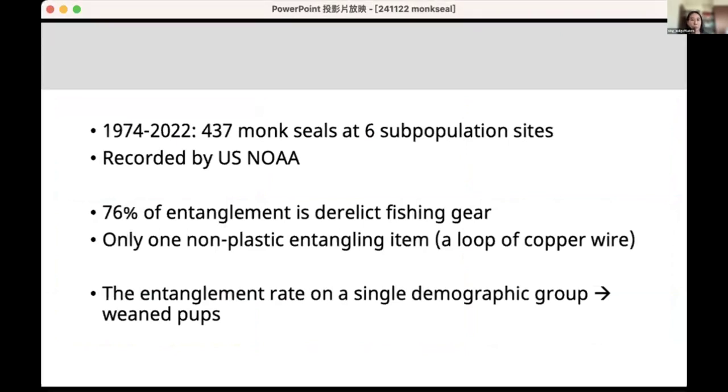In this paper, they recorded 437 monk seals at six subpopulation sites, the six islands I told you about before, from 1974 to 2022. This record was mainly made by the U.S. NOAA staff or their partners. They found that 76% of the entanglements involved derelict fishing gear, and only one non-plastic entangling item, like a wire. They wanted to examine the entanglement rate, and because of the life cycle of the monk seal, sometimes